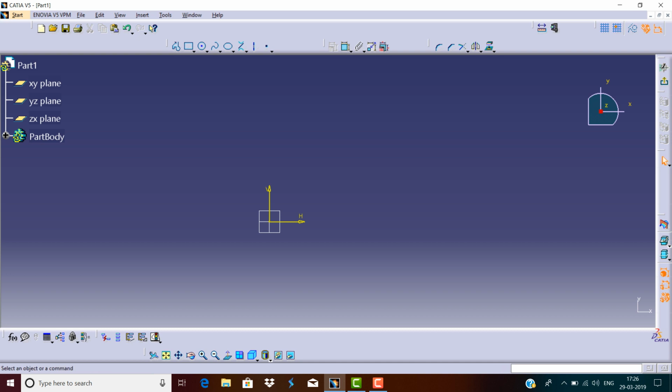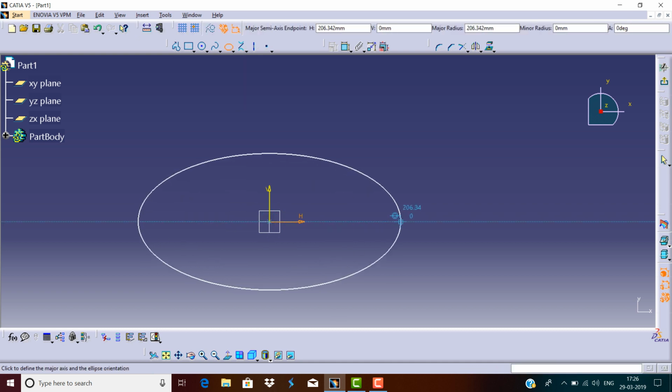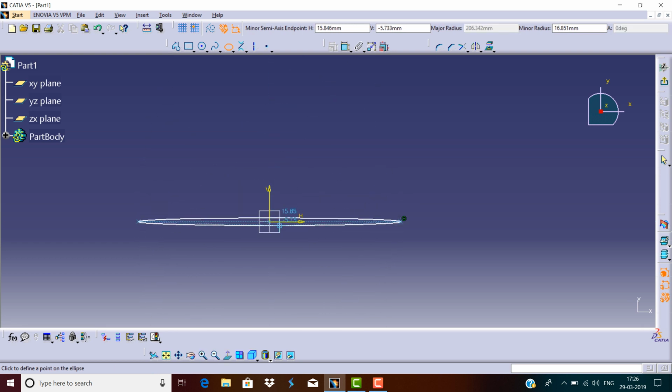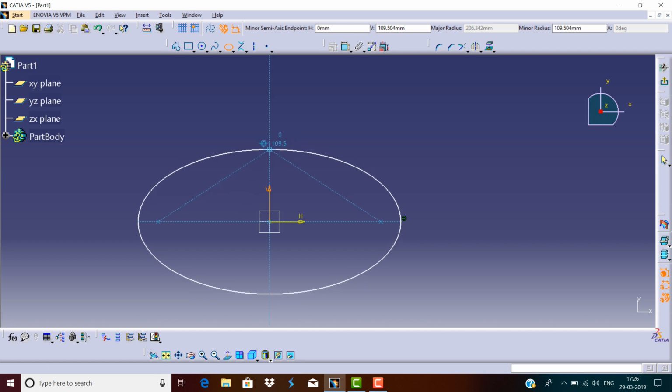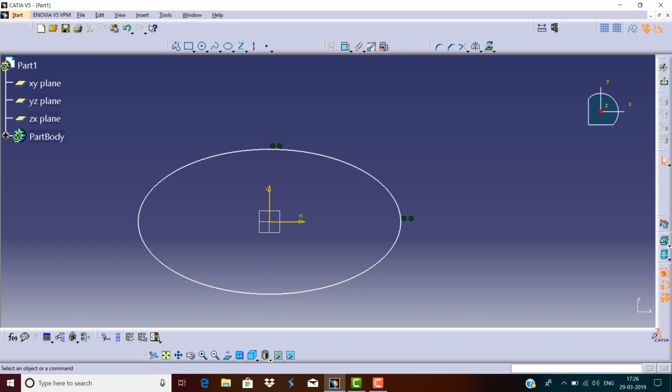Now moving on to the circle command again, and we can define an ellipse here also. Click on the ellipse, click the first point, give the major radius point second one, and drag the ellipse to give the minor radius point. So I just click here. Now here the ellipse is not properly defined. What I do is basically give the dimension to this